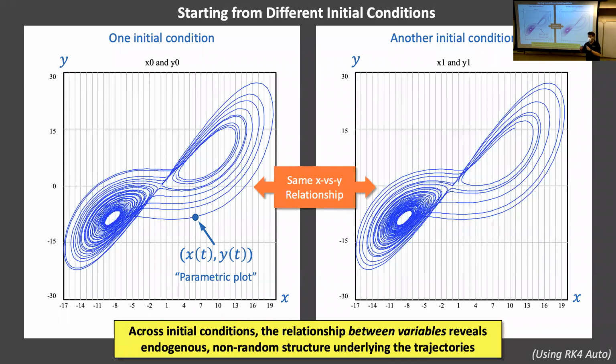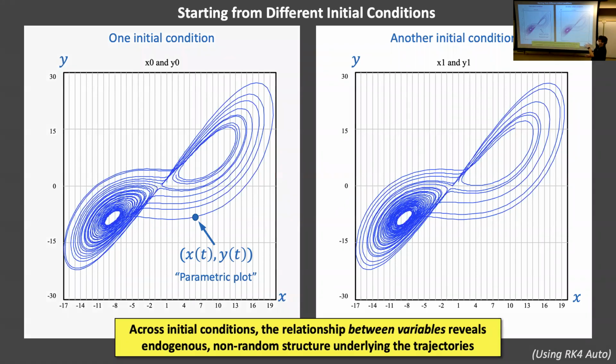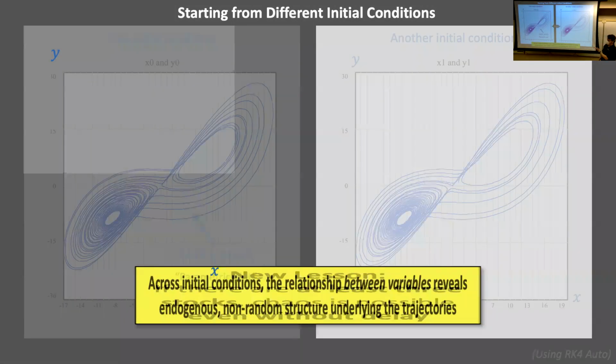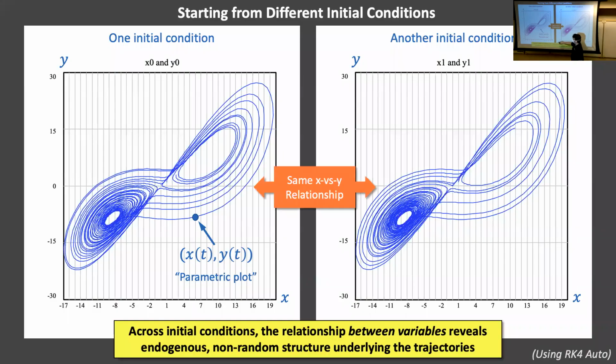Now, what if you have a signal that you took from real world data, and you're not sure if it's just random, in other words, I haven't included all the variables and the boundaries of my system, or if it's chaotic? A beautiful thing about chaotic systems is the behaviors over time look random. So in this picture, where I've got time on the x-axis and the stock on the y-axis, this looks kind of ugly and sort of random, like noisy. But if I instead, and there's a way to do this in Vensim, plot one stock versus another stock, like X versus Y.